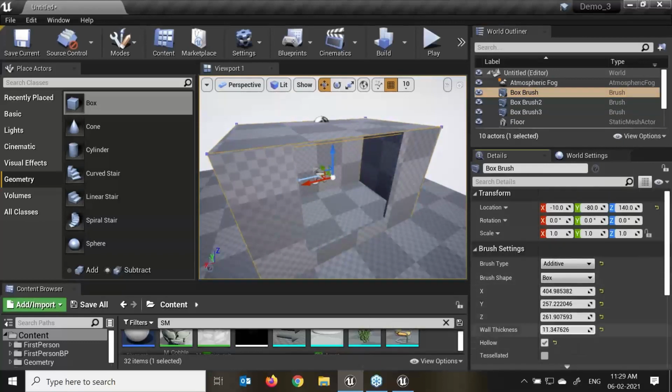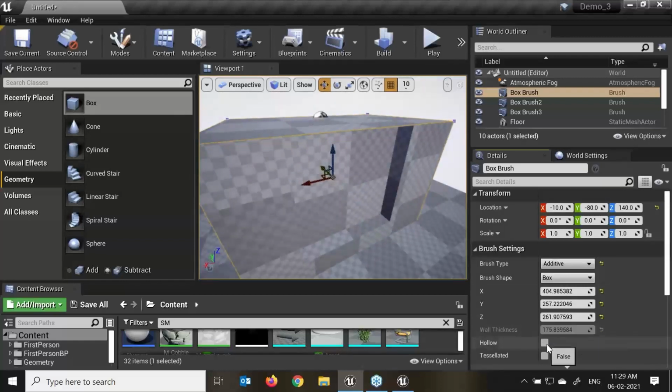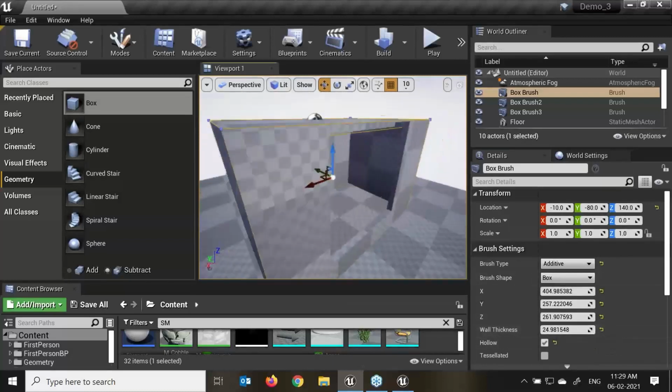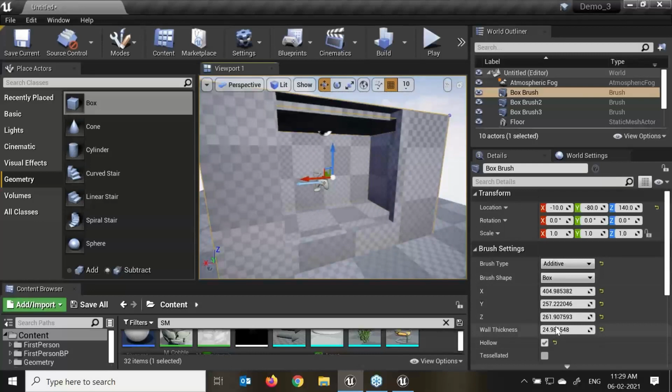We have the hollow. Here I can increase and decrease the thickness as well. You can see the option off and on. So if I want to make any door kind of element, this is very easy with the help of this subtractive.